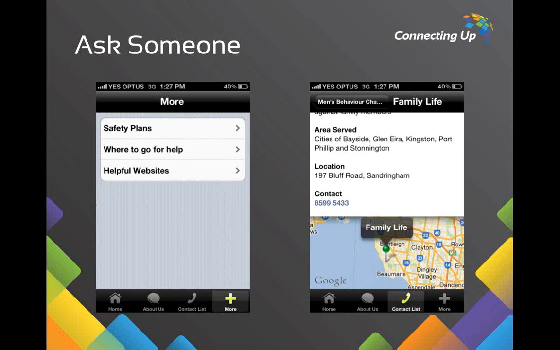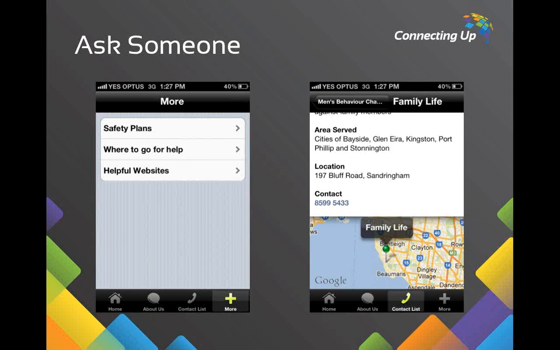Now, there are a couple of issues with this particular app in terms of its core purpose. In some domestic violence situations, people aren't able to access a phone, in which case the effectiveness of the app is somewhat mixed. But in general, the app was quite effective in terms of giving people access to vital tools that they need to deal with domestic violence and to get the help that they so desperately need.